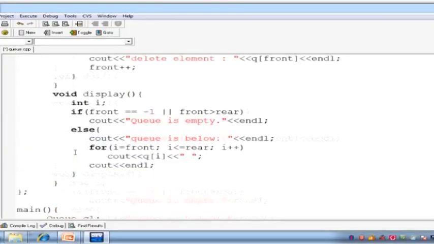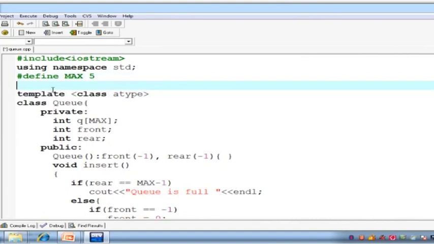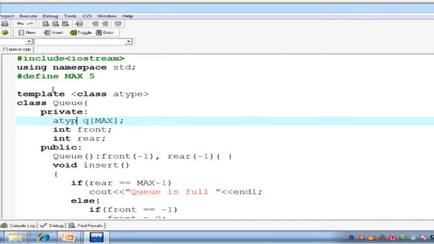Okay, now let's try to convert that queue into the template. For that we use a keyword template class a type. ठीक है. So queue की type क्या होगी? a type की queue है. And